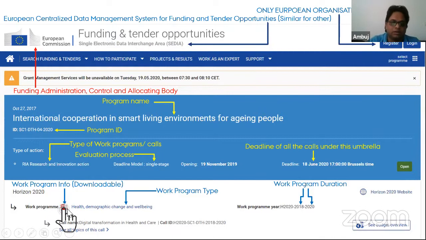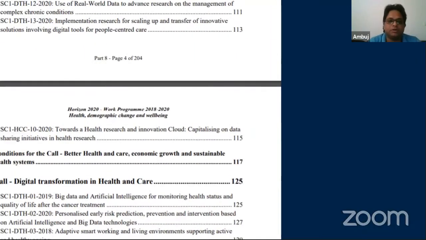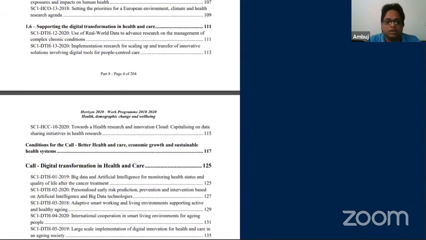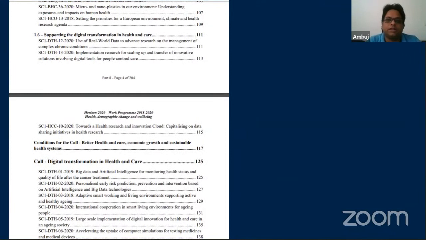This is a very important document because it says everything about the call: what you need to focus on, how you need to focus, and what things you must include in your proposal for it to look more convincing. I'm trying to zoom in, because in the absence of a real projector or big screen, this might not be visible, but that's not important. What is important is that you have a document that describes everything about the call.